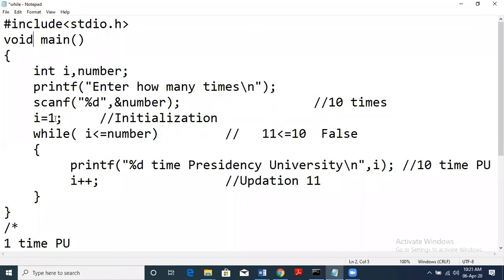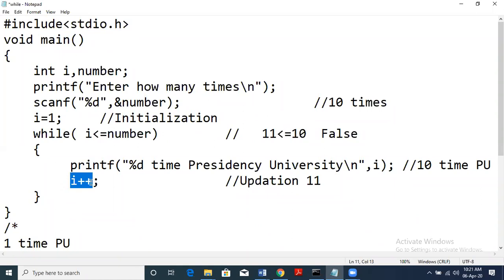So why cannot we start from 10? Yes, we can start from 10. Let me show you. When we have a looping statement, one way is when we are starting from 1 and printing 1 2 3 up to 10.